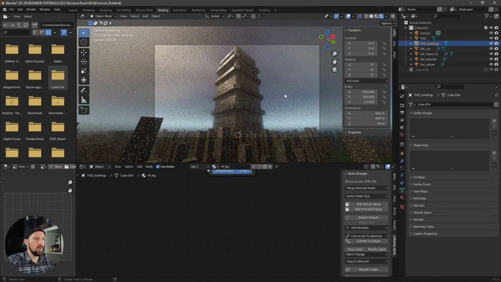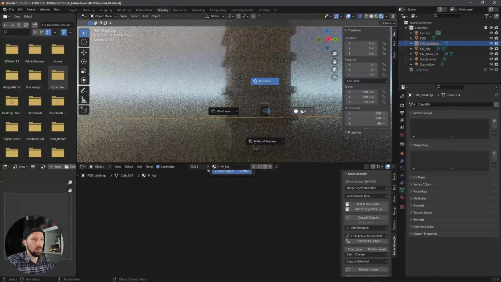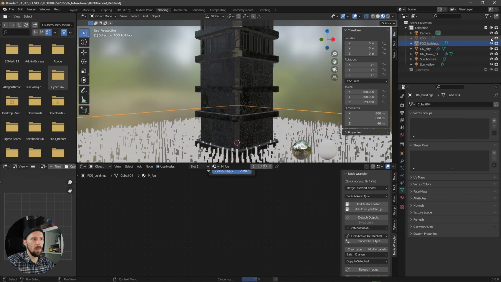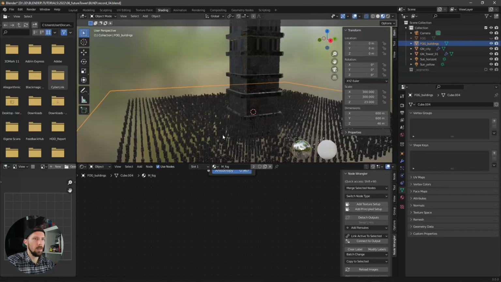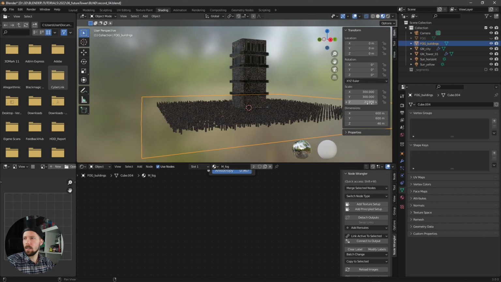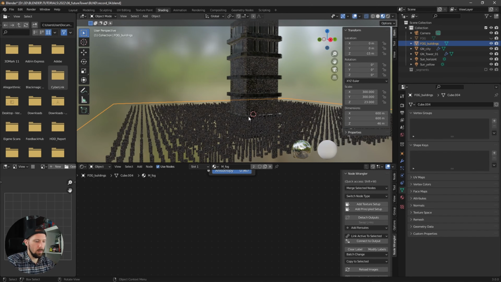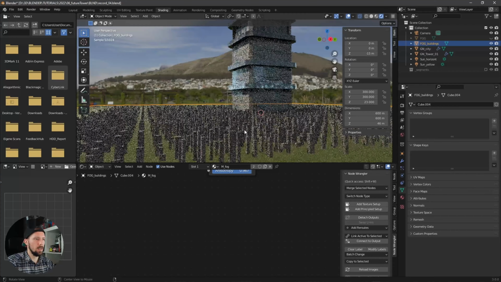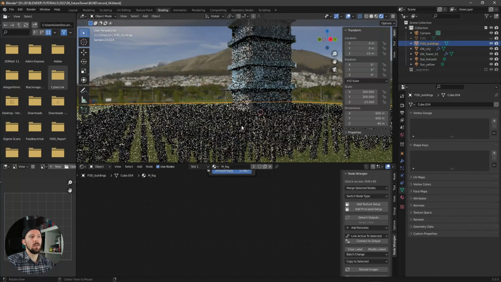Let's bring this one up so we can see it a little bit more. Maybe let's disable the fog, and now we can see our box, and let's change the Z value to -50. So we have a little bit more depth on our small buildings,